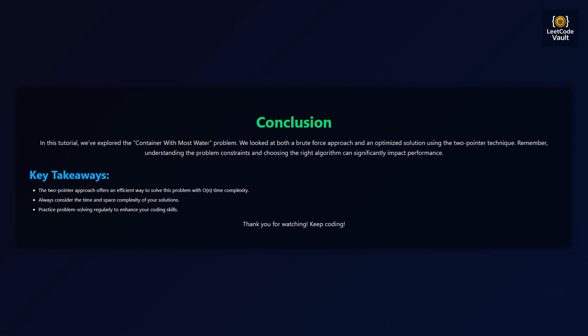Conclusion. In this video, we tackled LeetCode problem 11, container with most water. We explored a brute force approach and then implemented a much more efficient solution using a two-pointer technique. Remember, the key to this problem is understanding the interplay between height and width when calculating the area and how to strategically move the pointers. This problem is frequently asked in coding interviews, so mastering this efficient solution is a great